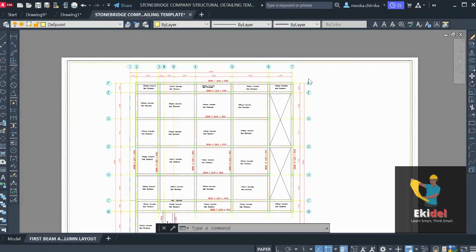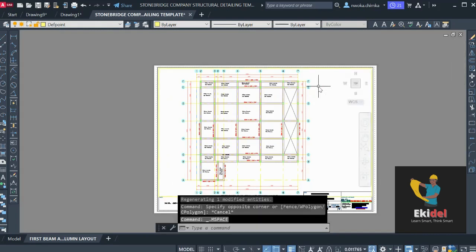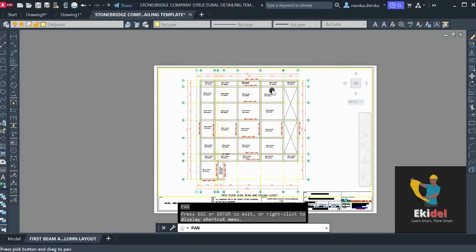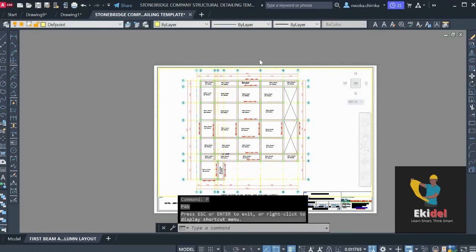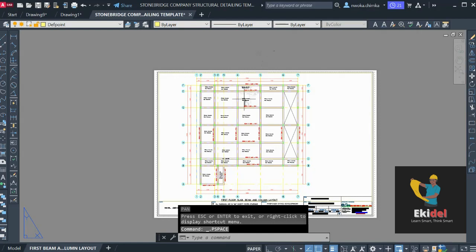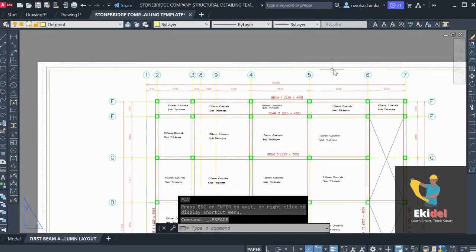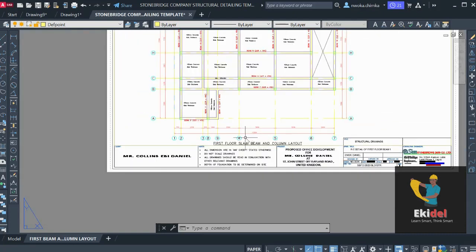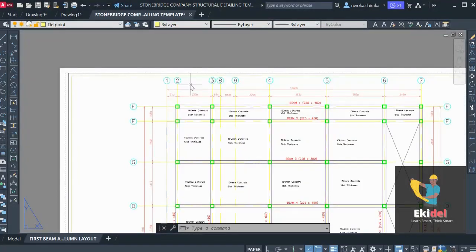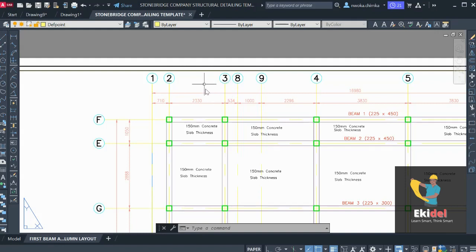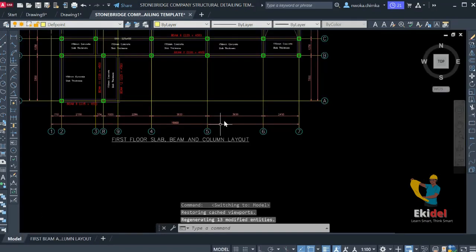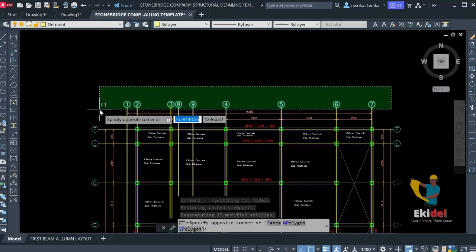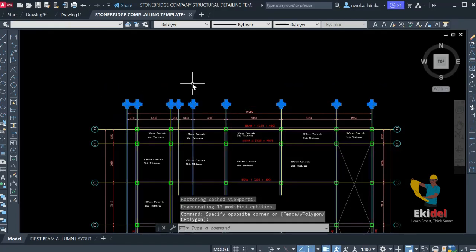If I double click on this place and use pan to pan this a bit upward, escape and press outside, everything is still okay, but this place is still not showing well. So what I'll do is reduce this distance on model space. I click on this place, go back here and click this,